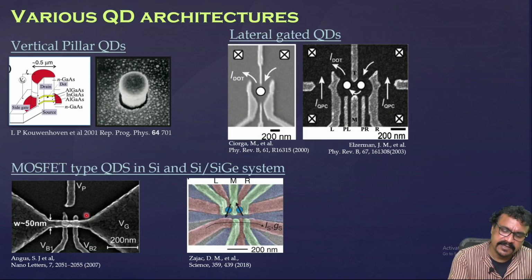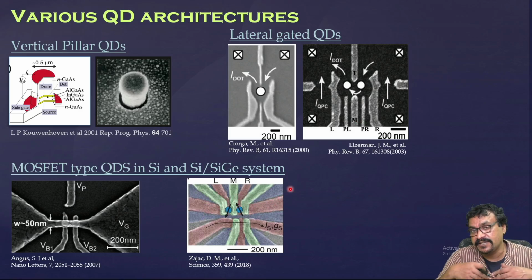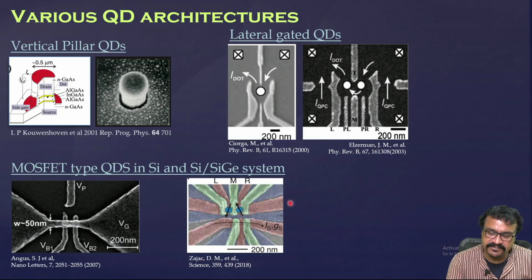system. This idea is again very similar, but here you have a silicon germanium system, similar to the gallium arsenide system which is used here, and you define this as an undoped system. So you have to define regions of transport, or regions where you want electrons, by putting a gate. So you have to basically put accumulation gates to increase the charge concentration, or to have charges there. So in this case, what you have is a bunch of gates